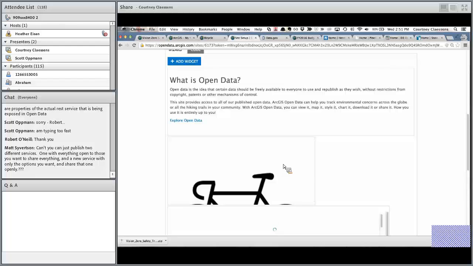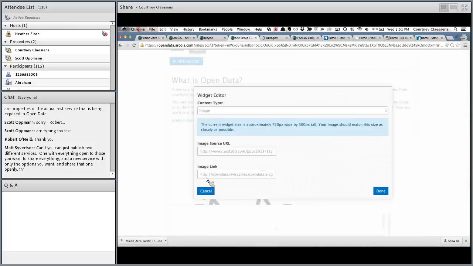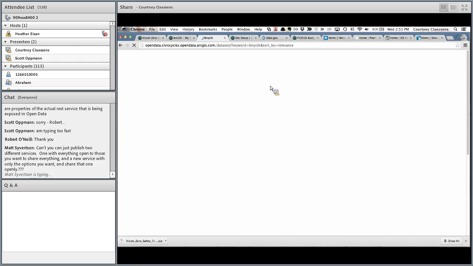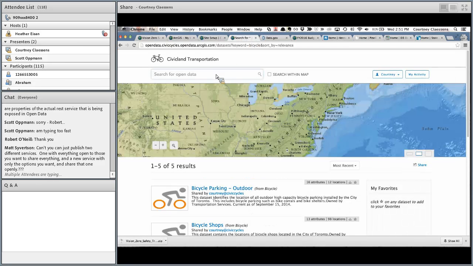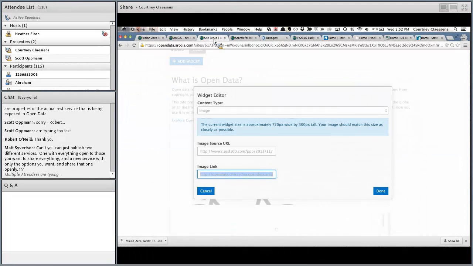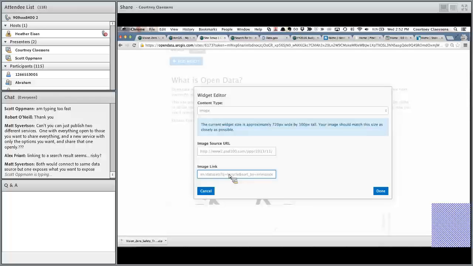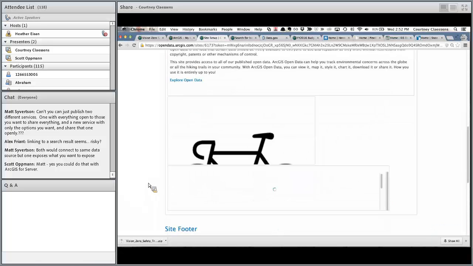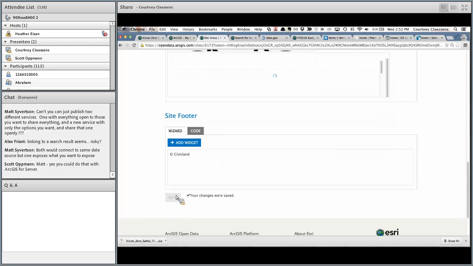For this one, we've added a picture of a bicycle. And the image is linked to a search result. So when we're setting up our site, we can come to our site and search through bicycle and then copy this link and go back to our site setup and paste it in here so that when users click on this bicycle image, they'll get sent to the search results. And then you can add stuff in your footer, etc. So we'll click Save